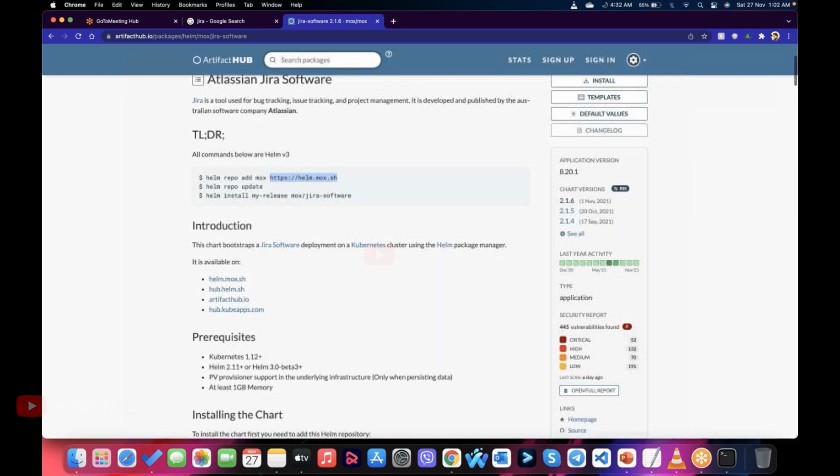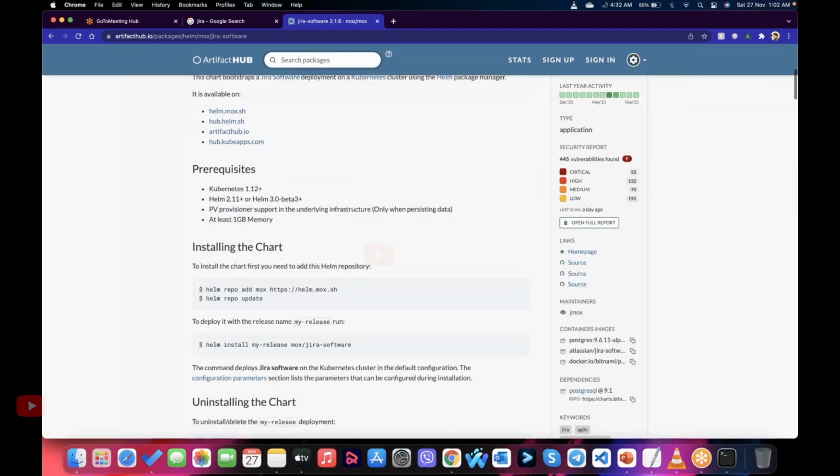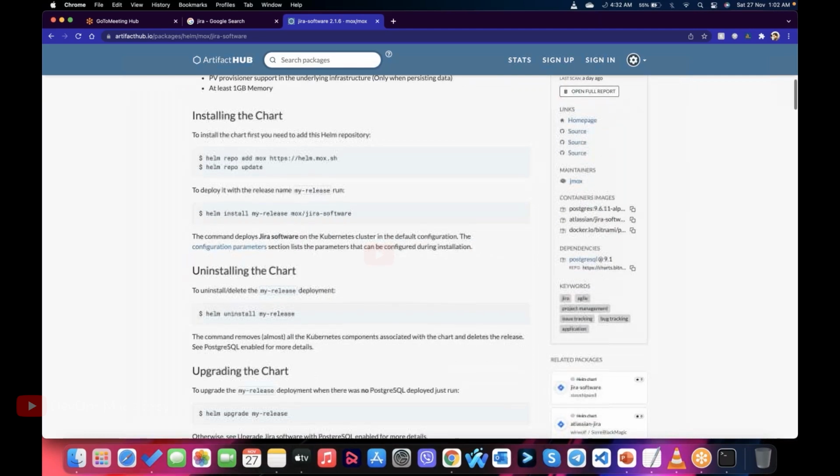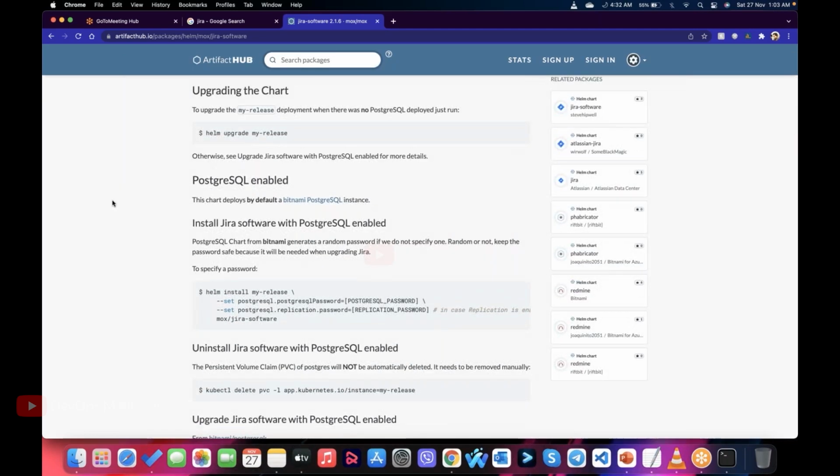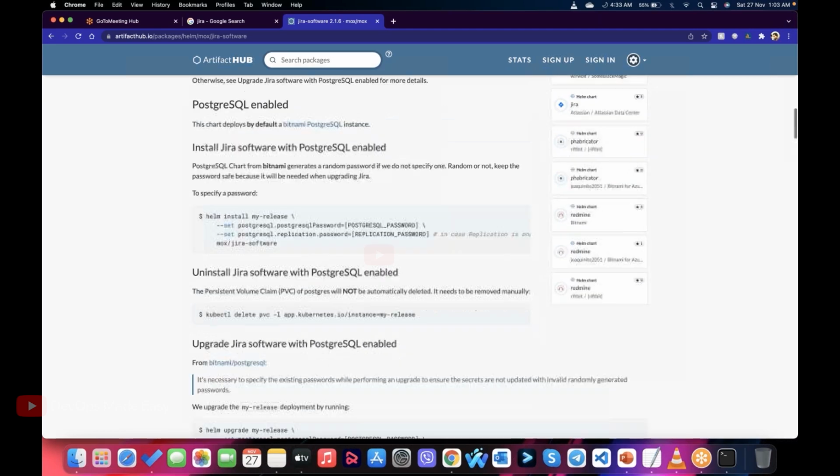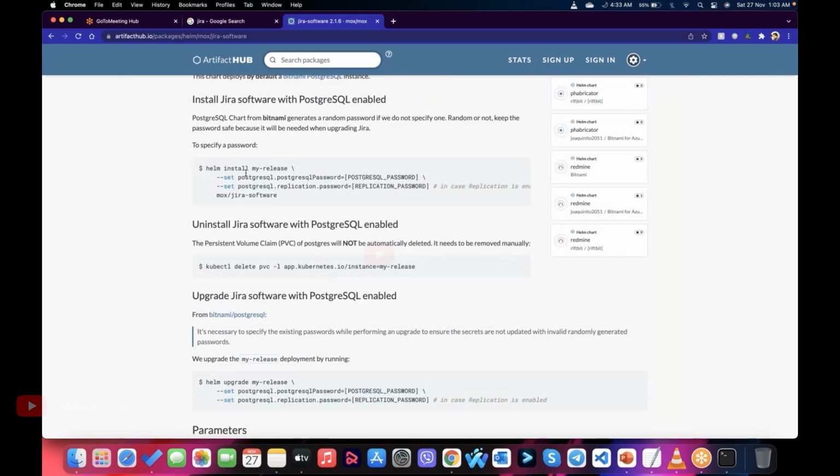There are different instructions on how to install the chart and various other options to enable or disable Postgres. This is one more command where we use helm install to install Jira, and I can also replace the default Postgres password and the replication password by using --set.